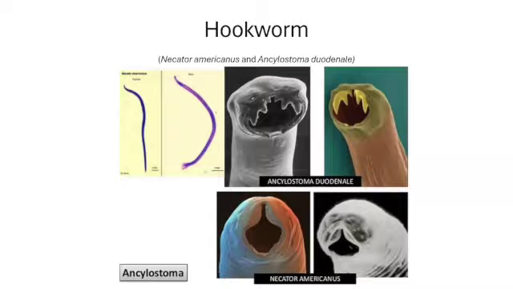Now, many of these things live exclusively in the intestines. There are other things around. I haven't got any pictures for you, but things like liver fluke, understandably from the name, lives in the liver. Things like tapeworms, the cysts can find their way into other organs of the body, into the liver, the muscles, the brain, the eyes, if the infection is left untreated. And under the auspices of the World Health Organization and various other NGOs and charities, there are major initiatives going on to try and reduce helminth infections in humans around the world.